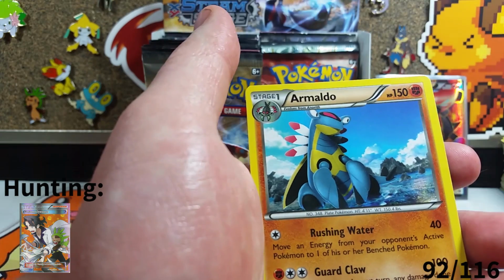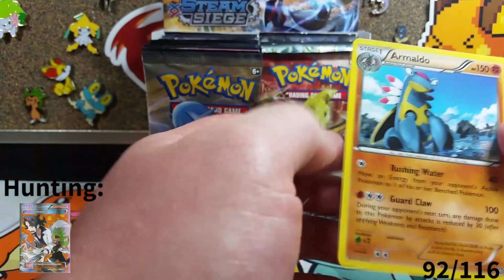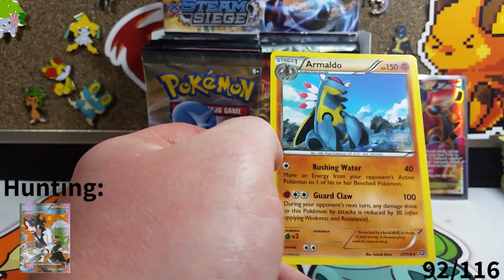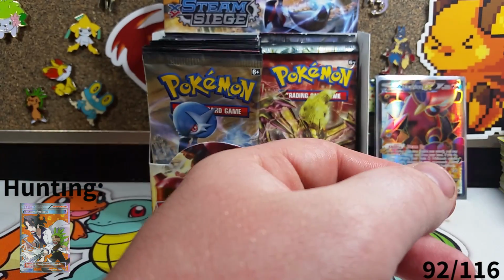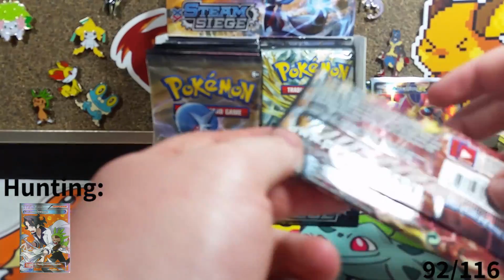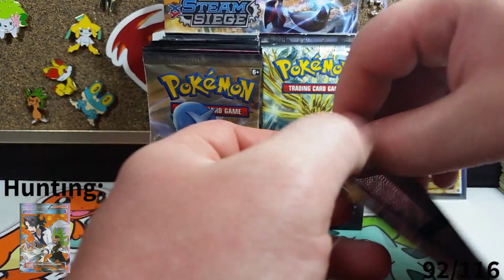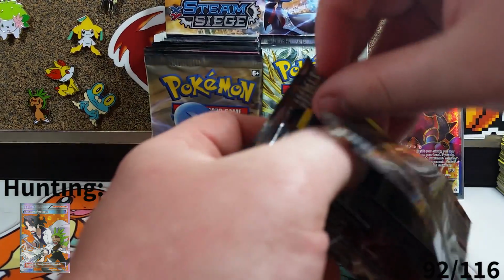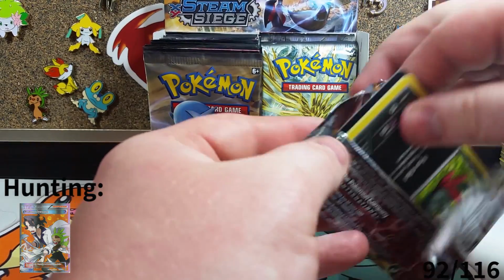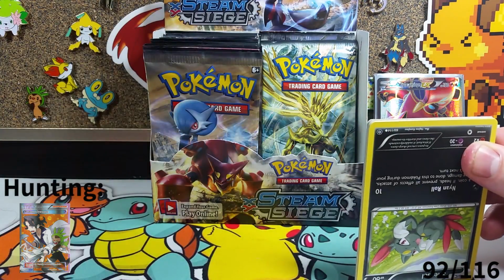So, our rare in the pack is an Armaldo, which is actually brand new for me. Yes, it is a non-holo, but I need the card for the set. That is actually what matters more to me, is getting the set over anything else. So if I don't have that uncommon card, or even the commons, I think I've got all of them now at this point. We've opened up a ton of cards, so